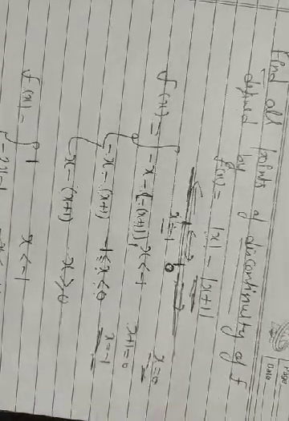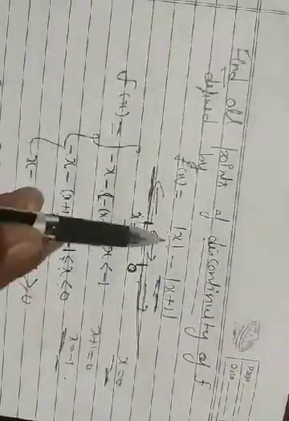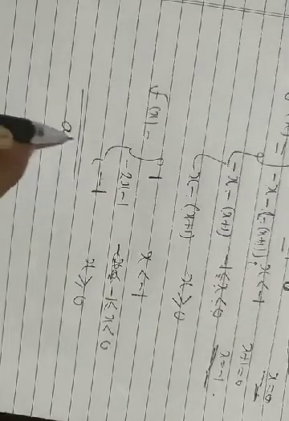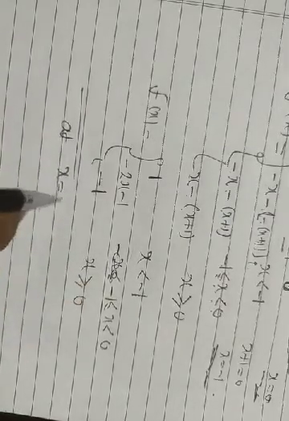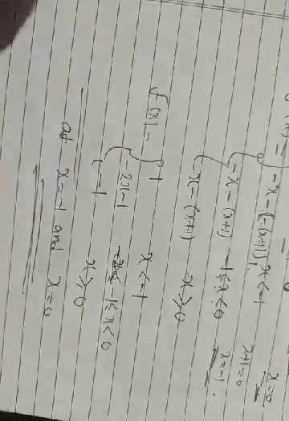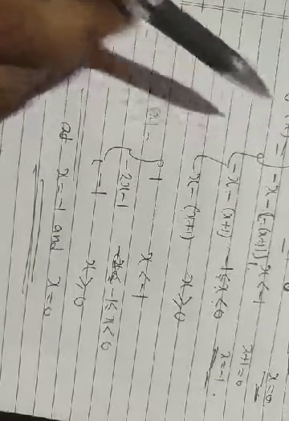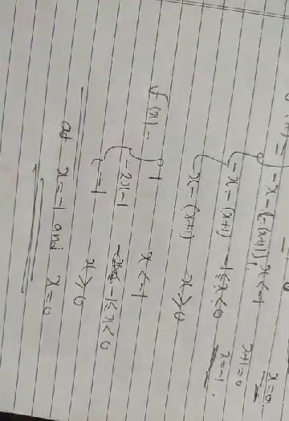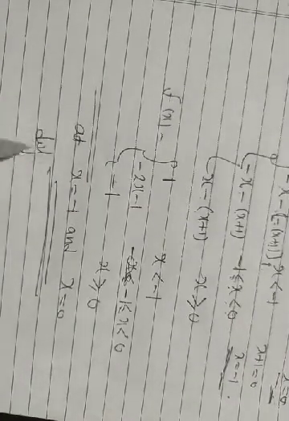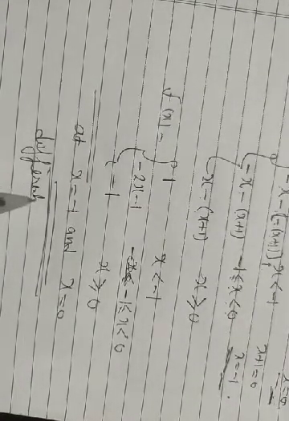Now what are we doing in the given problem? I am just redefining the given function. From here you can check its continuity at x equal to -1 and x equal to 0, and you can easily find out that it is not continuous there. This is the whole process. In our next classes we are going to start with differentiability.